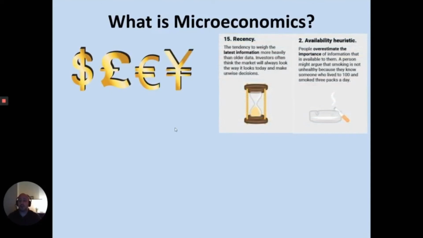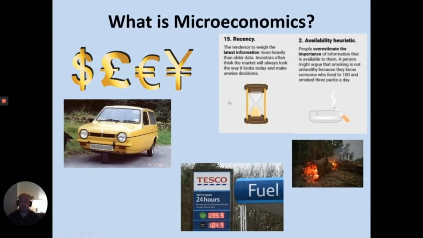So we'll look at prices, and we'll also look at, in the second year, psychology as well, in an exciting new field called behavioral economics. So it examines whether or not people are actually rational. Some of the other topics that we'll examine with microeconomics will include why it's so stressful to buy a new car. We'll also look at something called market failure, which examines how it's possible for individuals and businesses, when left to their own devices, to not necessarily act in the best interest of society at large. And obviously we've seen that more recently with the coronavirus.